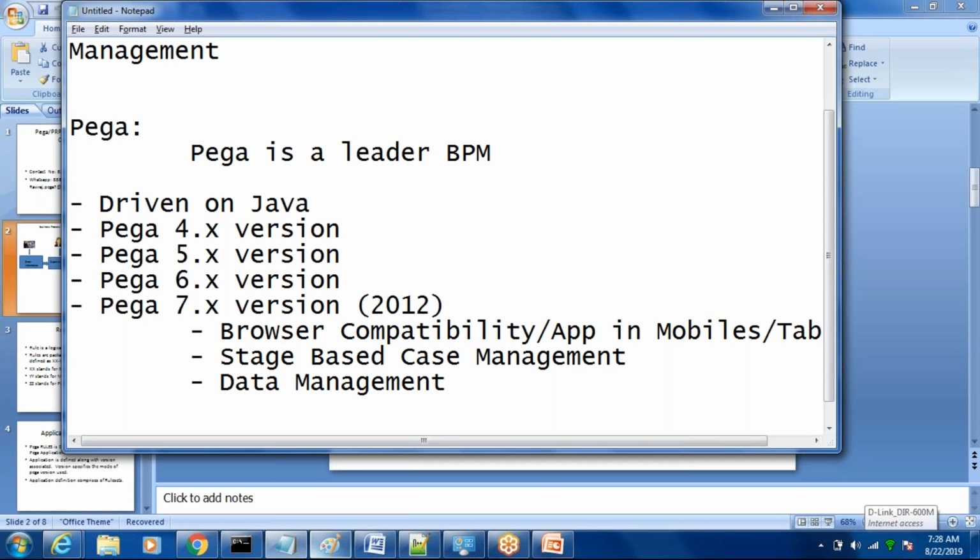Okay, so of course we won't write any SQL queries in this tool. By default, the tool itself will provide certain controls, certain options where it writes the query for us. All right, we just need to know how to configure these things. So there are certain concepts of data management.